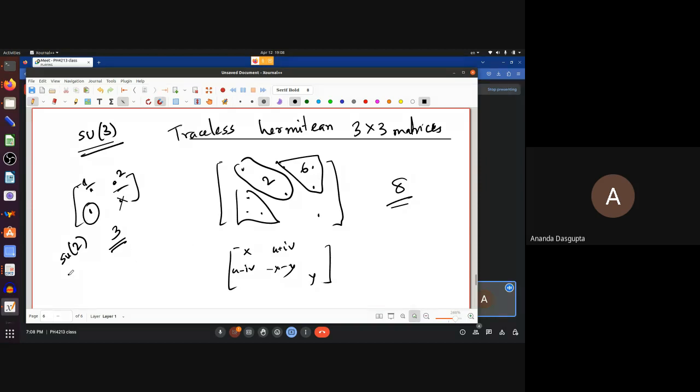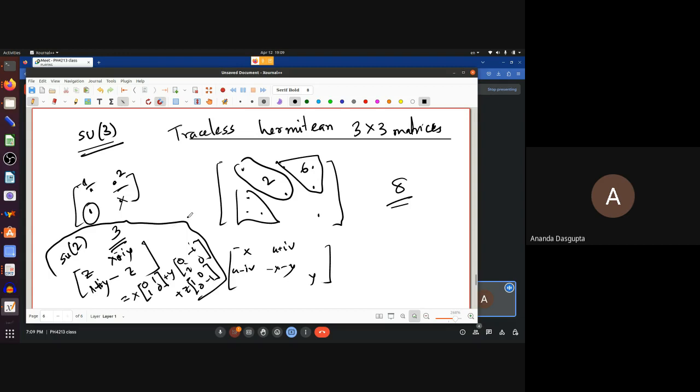Just like how sigma comes out of this. This is the most general possible 2 by 2 Hermitian traceless matrix. And it works out with X times 0, 1, 1, 0. Well, okay, usually you write this as X minus I, this is X plus I, right? So you have that as 0. So just like sigma matrices come from